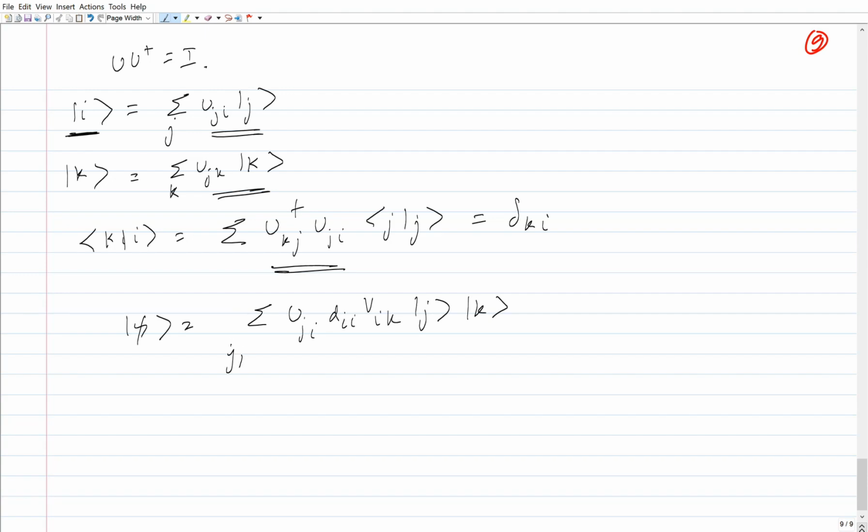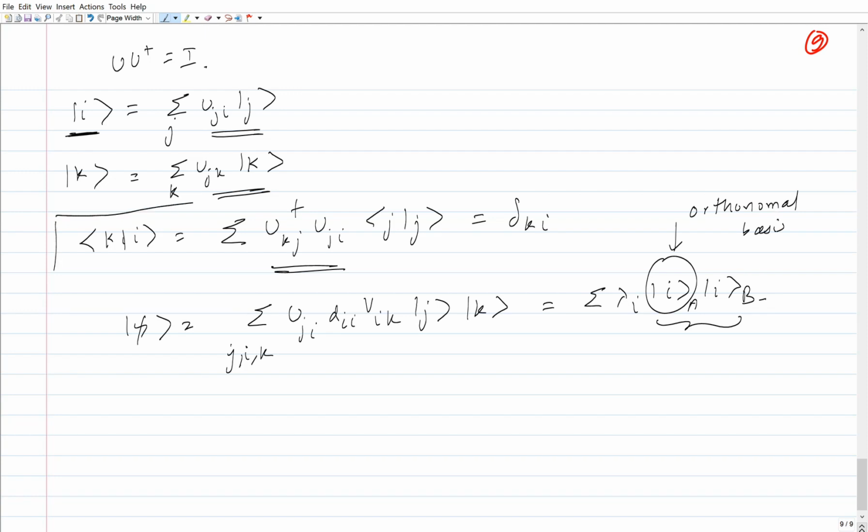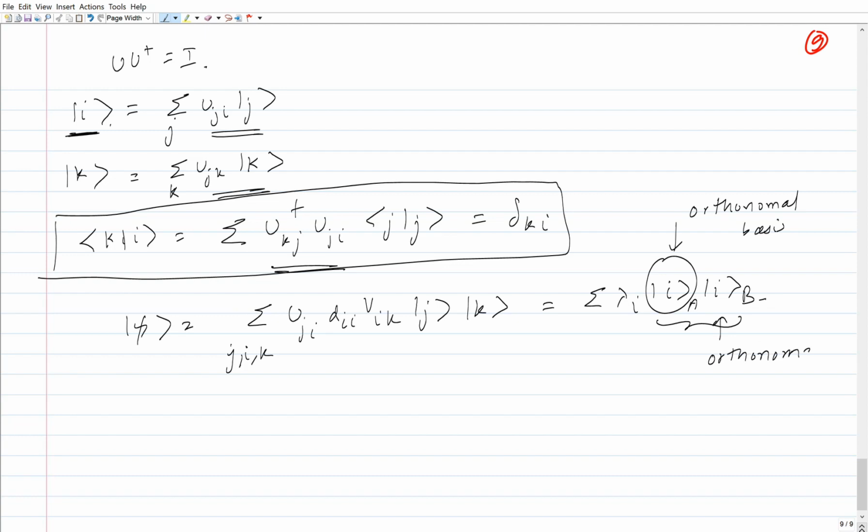The bottom line is that the bases over here are orthonormal bases, which we just showed through this transformation. Similarly, we can show that the set of bases IB is also another orthonormal basis. So given this fact that I have a Schmidt decomposition for any state,